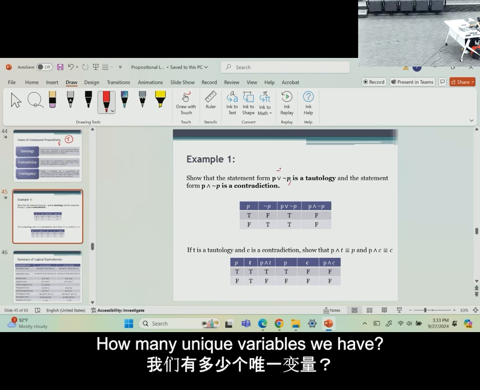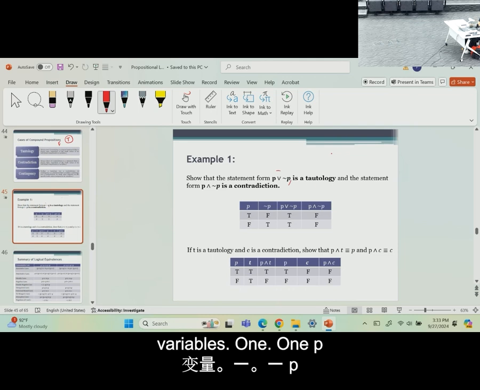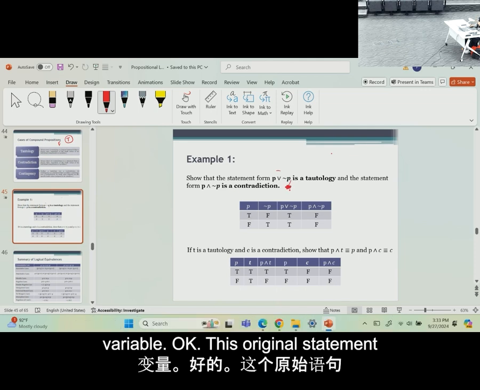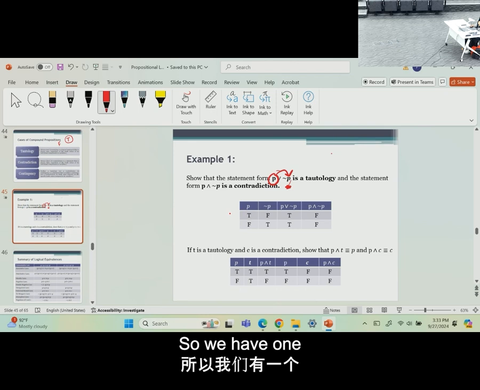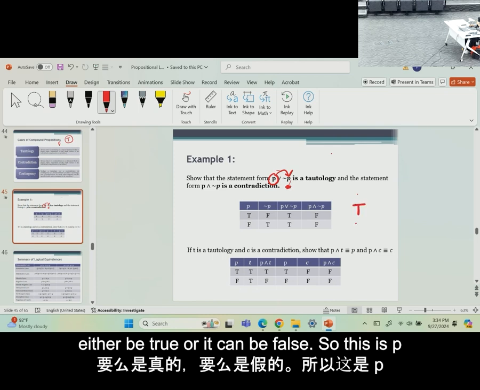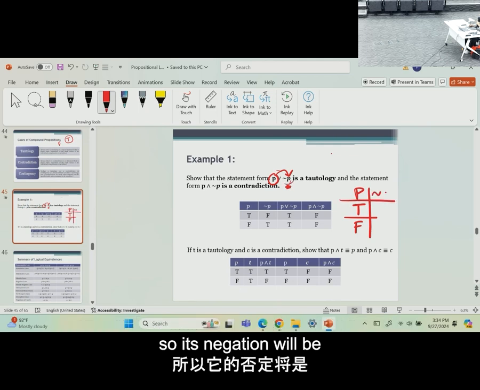How many unique variables do we have? Unique variables, like statement variables. One, P, only P. It's just that it is negated, but it's not a unique variable. Okay? This original statement, this is negated. It's not like a different statement. Okay? So we have one variable. It means this can either be true or it can be false. So this is P, and then its negation will be,